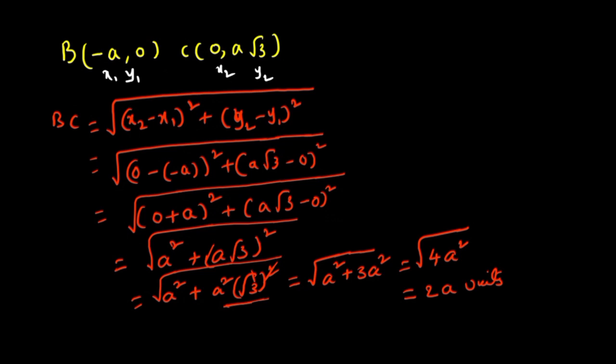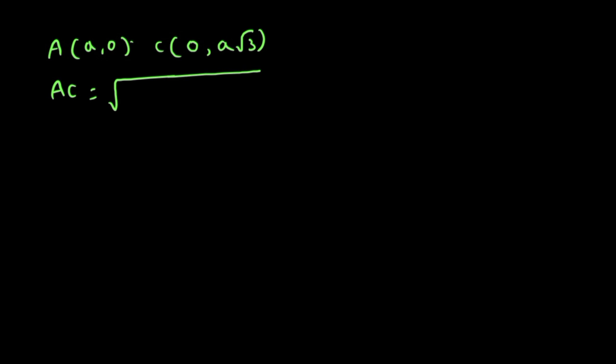Okay, so AC we should find. A is (a, 0) and C is (0, a root 3). So AC distance is equal to root of, this is x1, y1 and this is x2, y2. So x2 minus x1, that is 0 minus 0 whole square, plus y2 minus y1, this is root 3 a minus 0 whole square. Then we get here